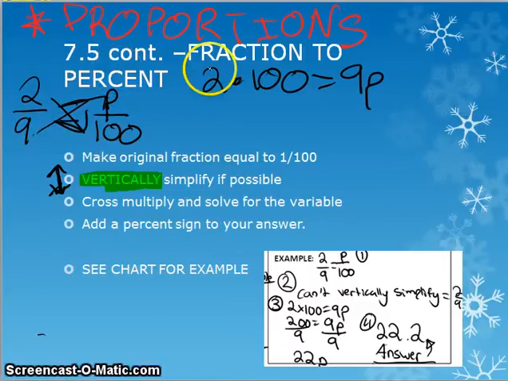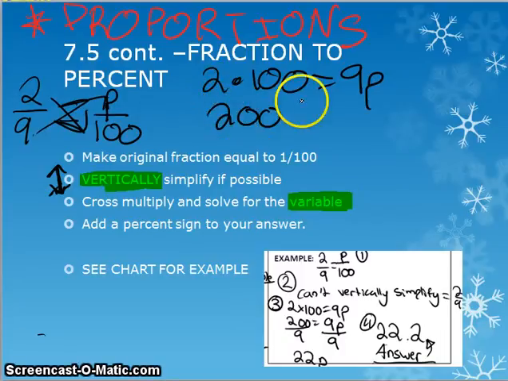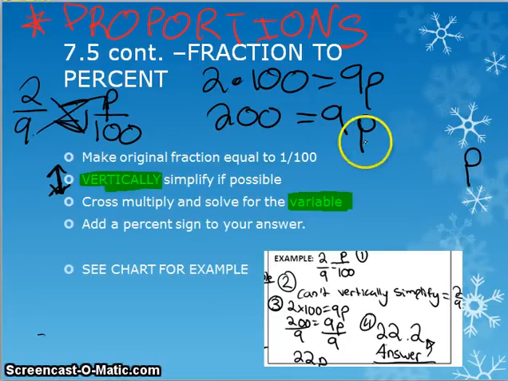Then you're going to cross multiply like it says and solve, but make sure you do it for the variable. That's very important to remember as you work on your problem of fraction to percent. So I'm going to do 2 times 100, which is 200, equals 9p, or percent, however you want to write it. Then you're going to divide both sides by 9. The 9 divided by 9, I'm just going to put p because you can't really do anything for that. And then 200 divided by 9,